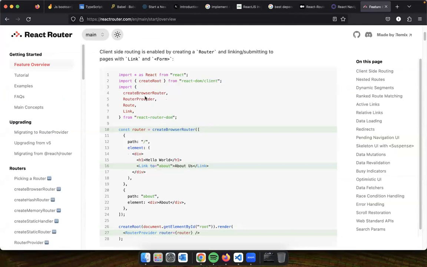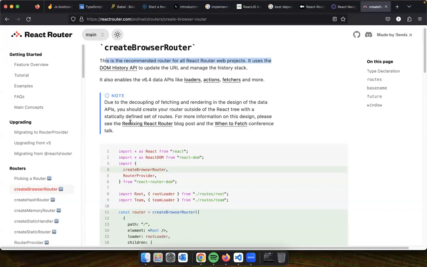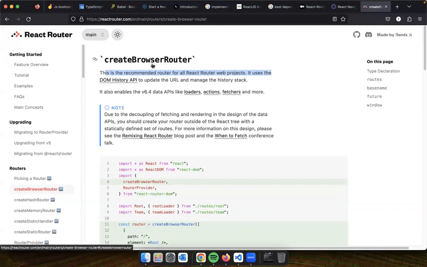The first thing that you need to do is, there is something called createBrowserRouter. See, this is the recommended router for all React Router projects, uses the DOM history API. Okay, this is all fine. So basically it is used to set up your router with